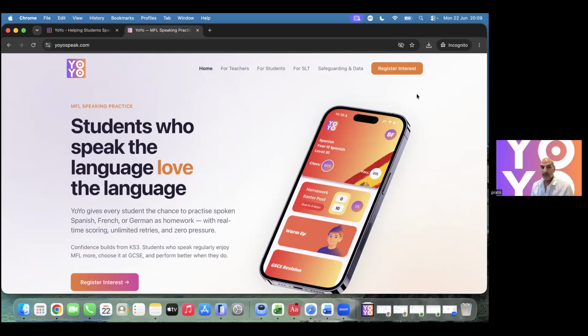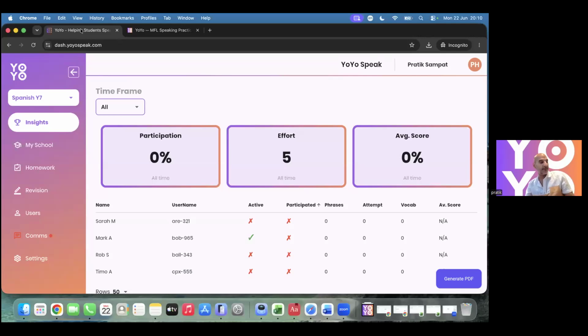But in terms of the Department for Education guidance, we don't fall under the Gen AI issues that schools are facing right now. And the paperwork is very much DPO ready and ready to roll out in any secondary school that would like to give it a try. So that is a very brief intro. And as I said, we're just going to roll into a little demo of the application.